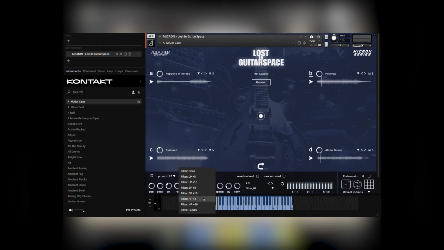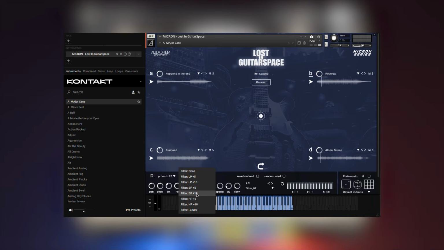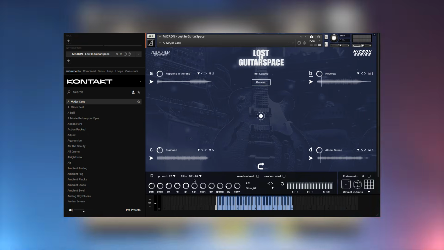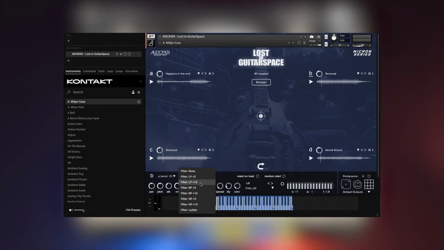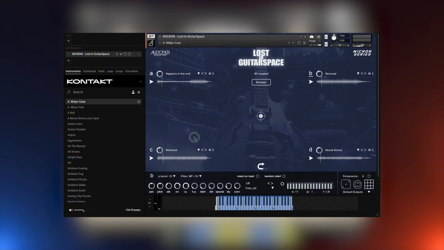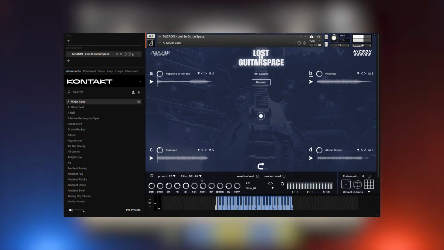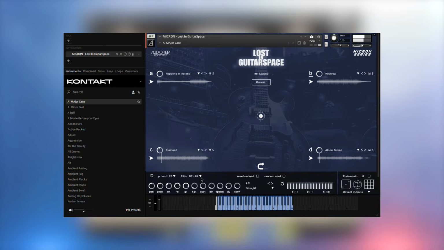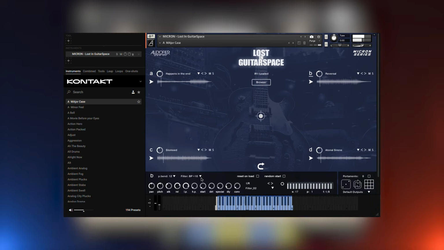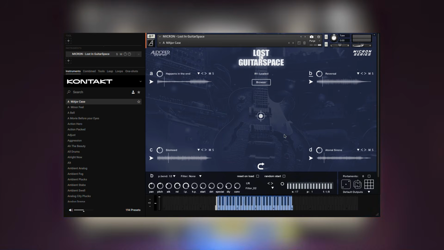This is the filter type. I can put it to bandpass, and now this is the filter for layer B, and this number that we see in the menu is the amount of resonance. So now, when I use my mod wheel, it will affect only layer B. And then these 2 checkboxes,